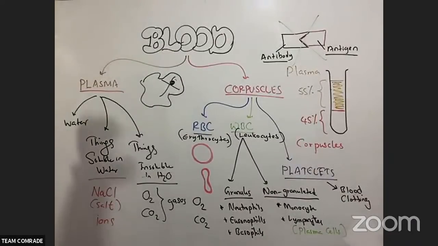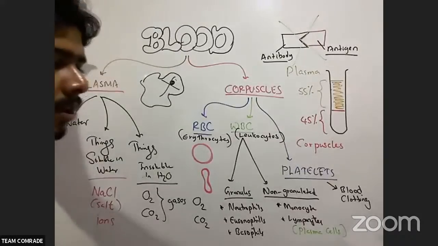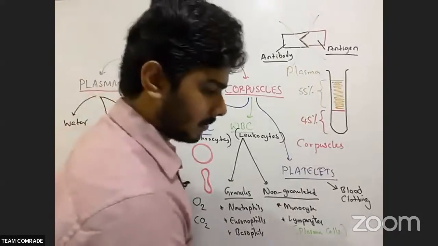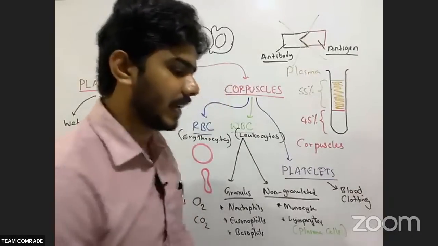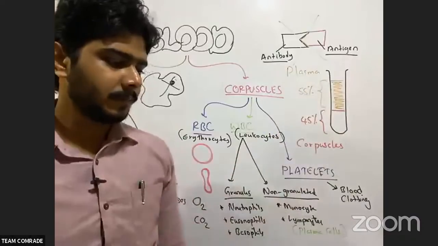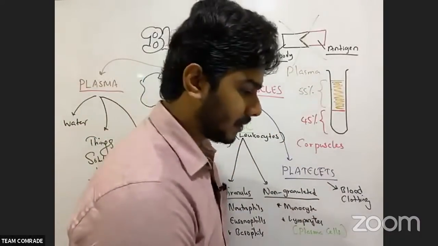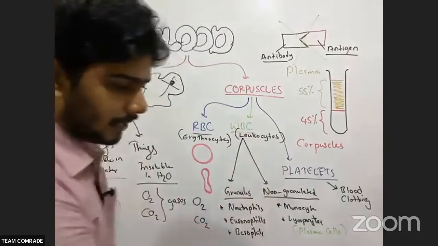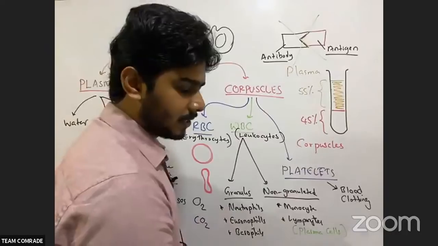Now plasma has a job. What is it? They are carrying hormones. You see this tube. 45% of the volume is in solid form, so corpuscles are in solid form, the cells. Plasma is 55%, which is in liquid form. So you see cells, red blood cells, and I further explained here with the flow chart the three types of corpuscles: red blood cells, white blood cells and platelets.